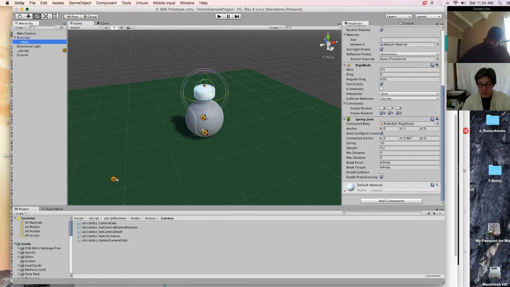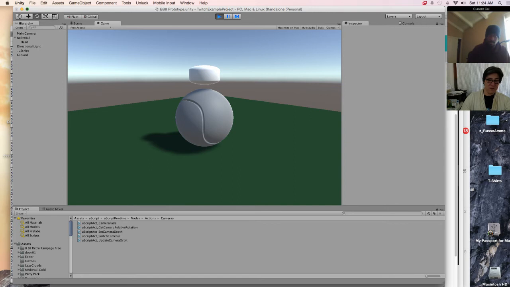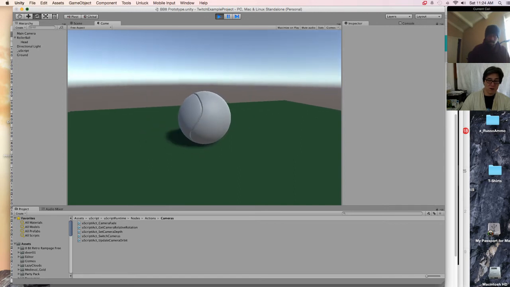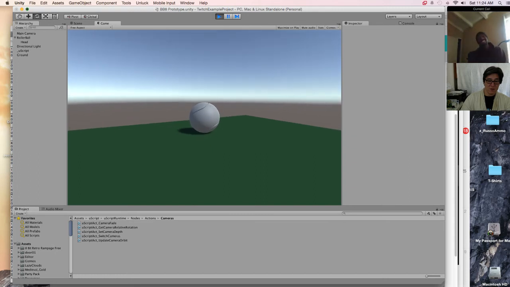Enable processing torque. This time I am going to freeze position on Y, because you're going to see that. You'll see what I mean. Okay, now. Well, what it wants to do is settle.